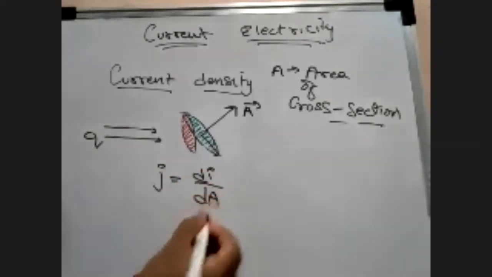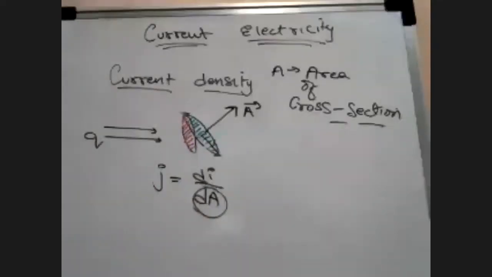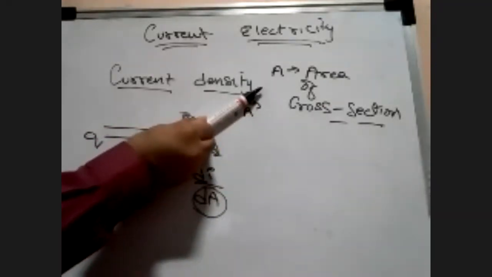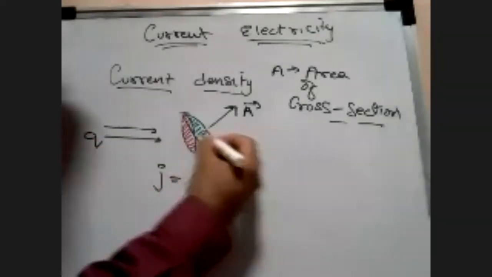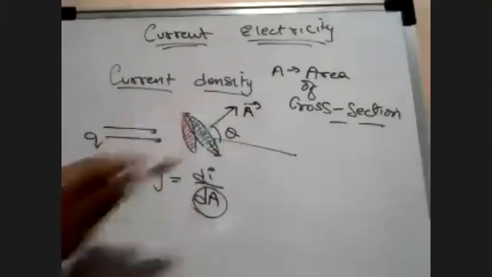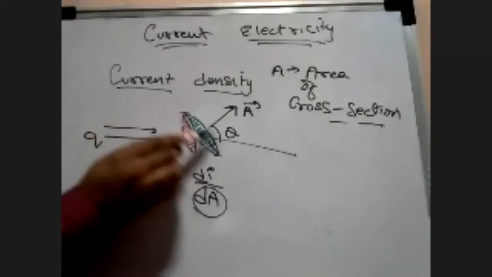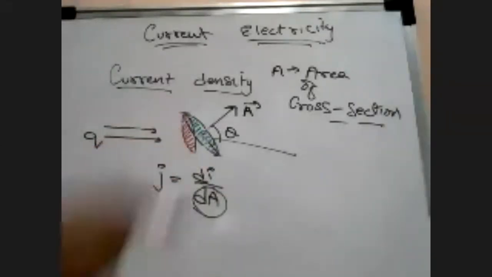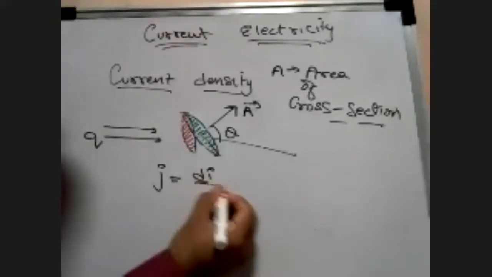But here we can take the component of the area. We can take the component of the area. Why? Because you have the area vector at a certain angle from the movement of the electrons. So I can say there's an angle theta. If I have to find out the current density through that area of cross section, I have to make sure that it is along the x-axis, and so instead of writing dA, I will write dA cos theta. Is this clear?